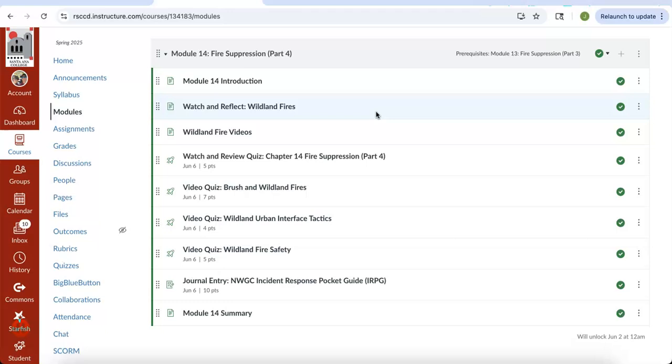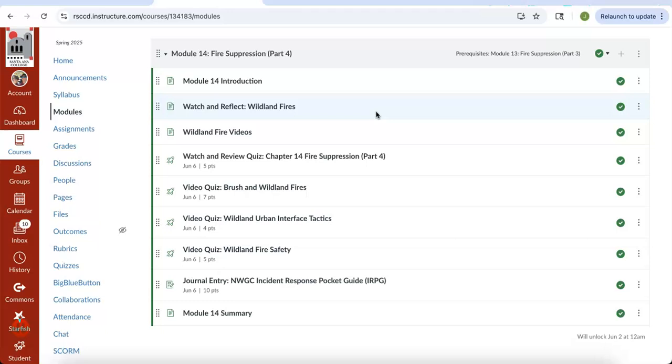So for you, the keys that you want to pick up is watching the videos, listening to wildland fire behavior, listening to the differences in the wildland fire triangle versus the regular fire triangle, and how those two play out, meaning fuel, weather, topography versus heat, fuel, oxygen, how they combine, and what drives your wildland fires and the fire behavior, right? So essentially you have the fire on the outside versus fire in a structure. So that's kind of what we're looking at.